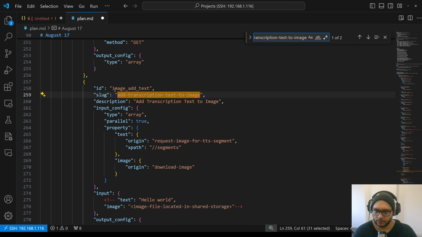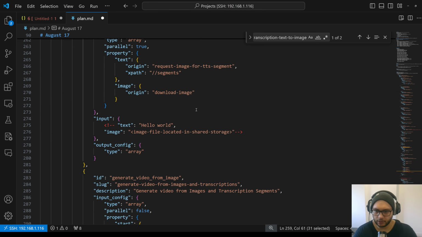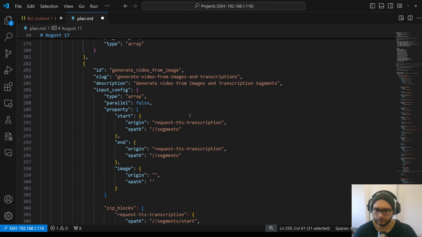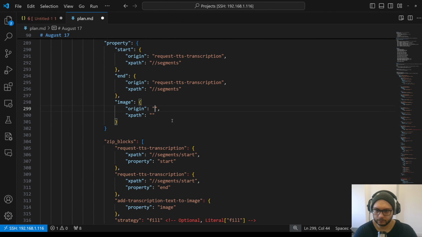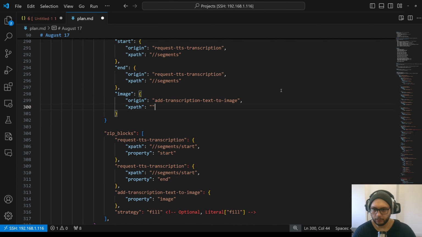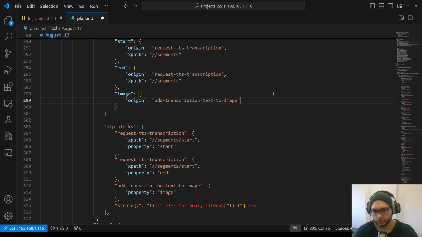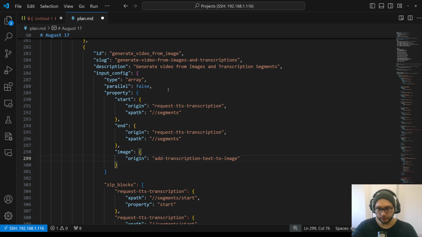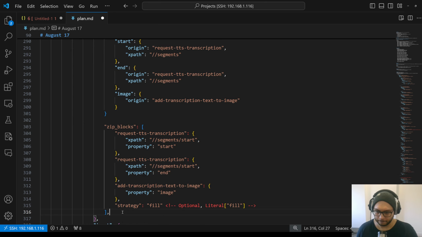Image add to text. So this is the thing which produces an array of images, correct? It will be no need to do anything in here because it's an array. Its index will be matched over all these properties. The only problem I remember